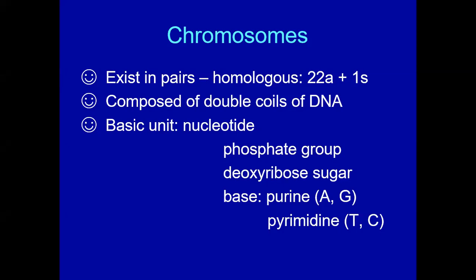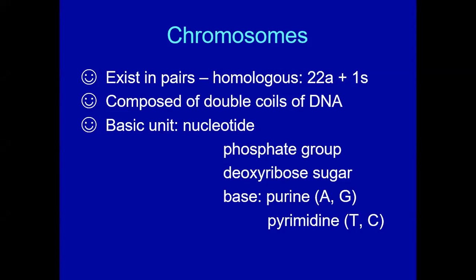A nucleotide contains a phosphate group and deoxyribose sugar, and also the bases: the purines, comprising adenine and guanine,